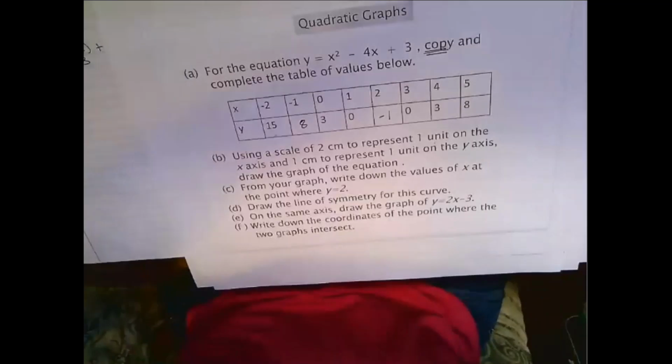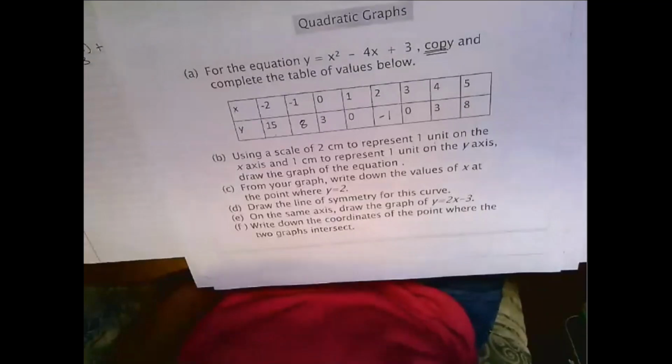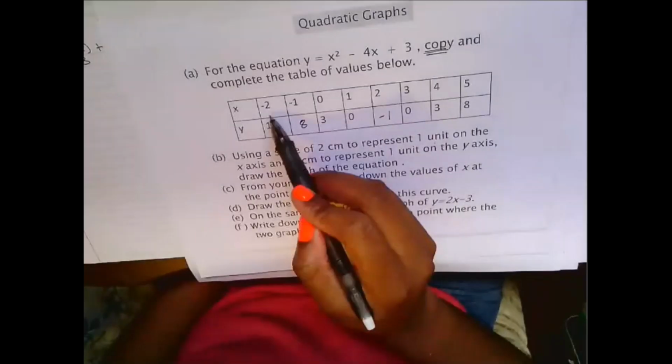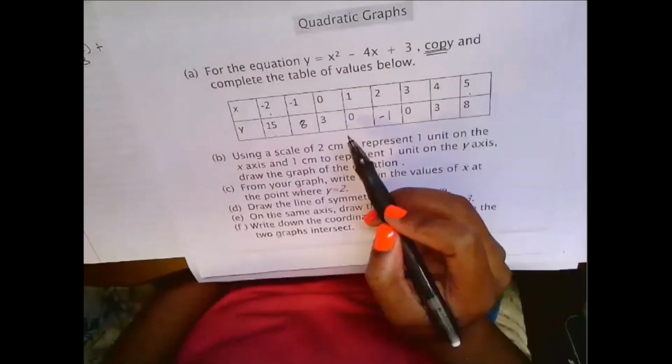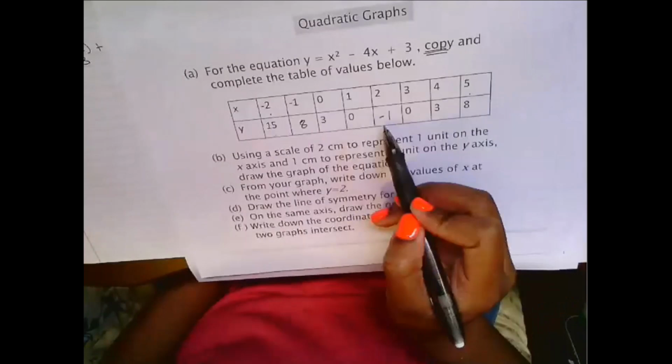Now what they tell me about the x-axis is that it has a scale of 2 cm to represent 1 unit, which means instead of writing a number at each line, I'm skipping a line. And I know that it needs to go from -2 to 5, my x-axis. I know that my y-axis, the lowest it needs to go is -1, and the highest it's going to have